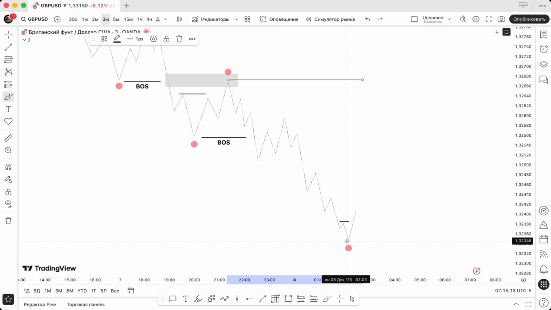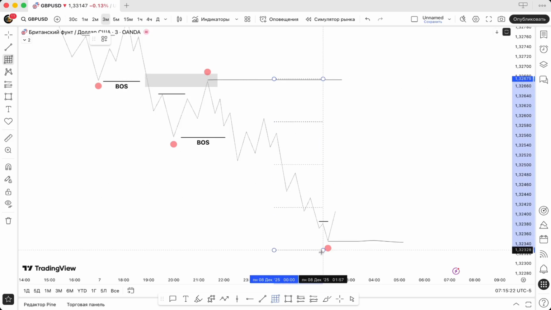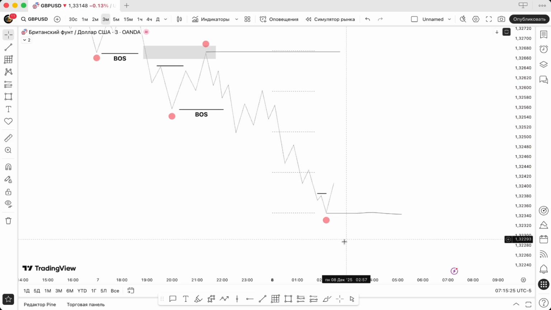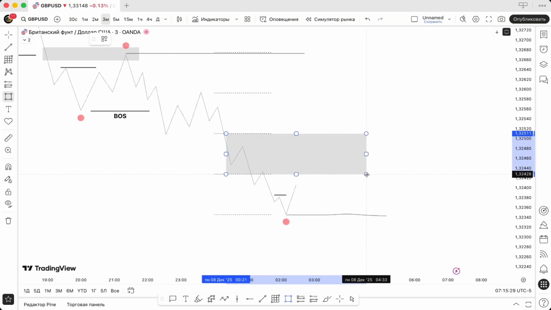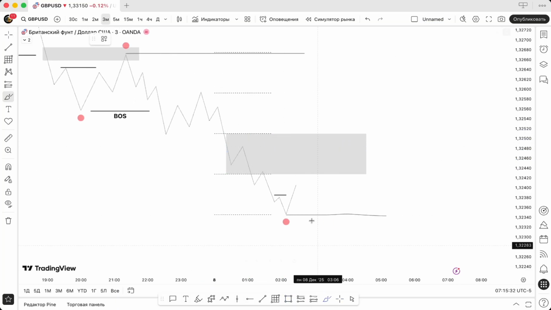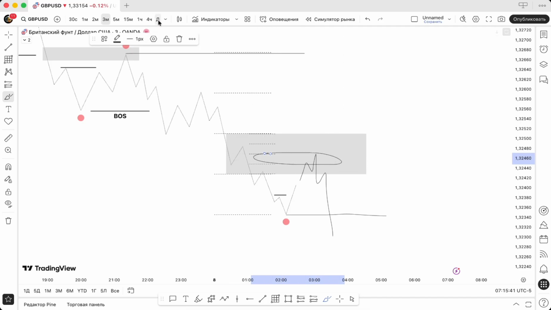As a rule, in such ranges, the price starts an inversion, for example, the invalidation of the second trading quarter. What is a trading quarter? We will talk about it in the following videos, so subscribe to the channel so as not to miss it. We have the second quarter, the area of interest. From it, as a rule, the price very often, after removing the inducement, turns down. Also from the specified area of the second quarter, namely from this zone. Very often, this is a very good zone for